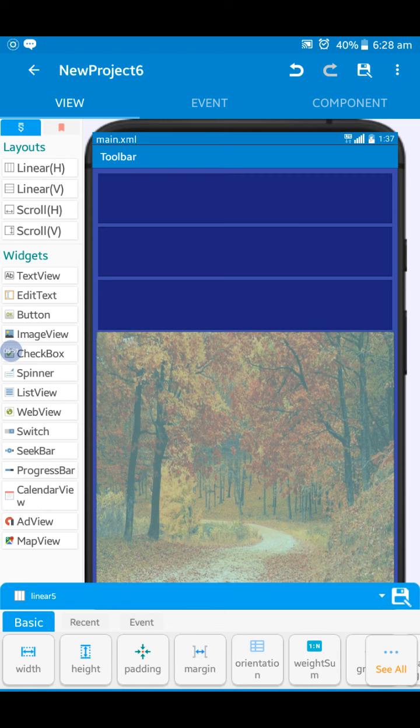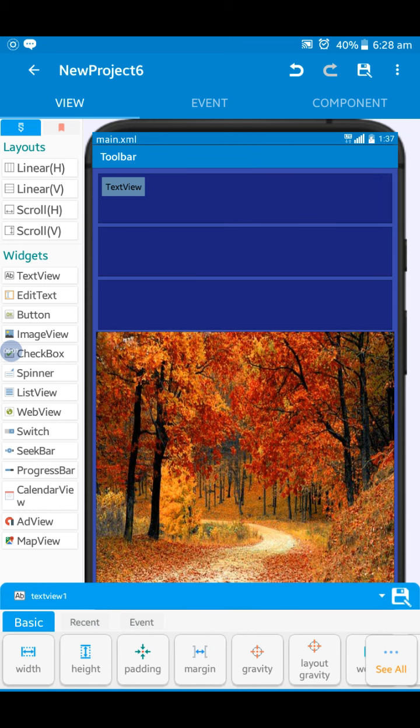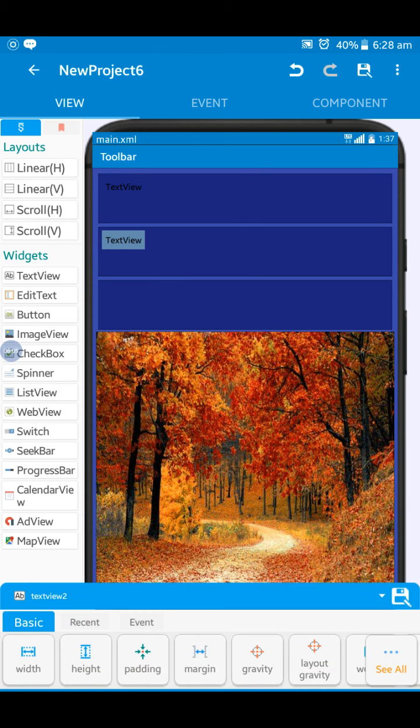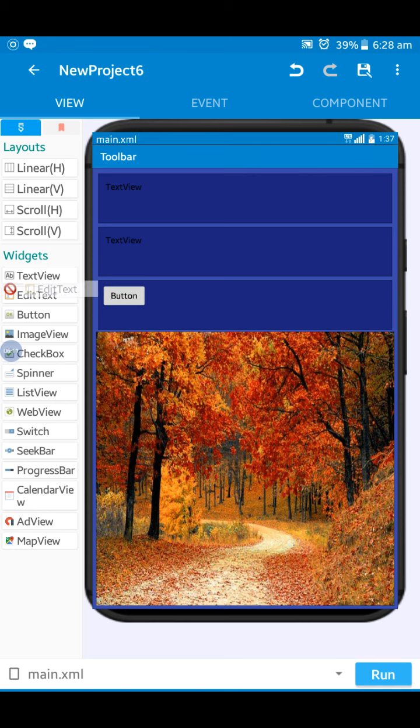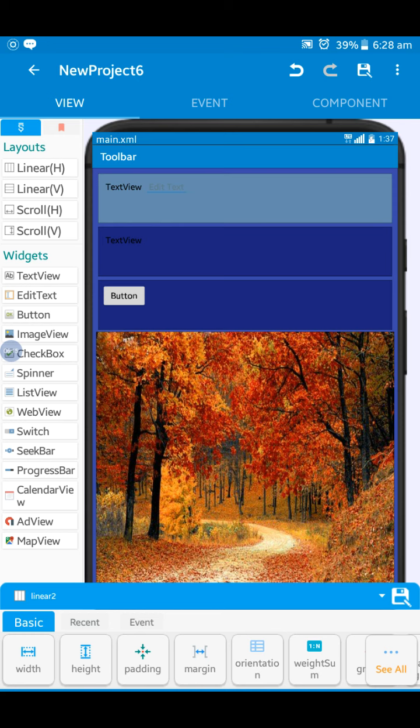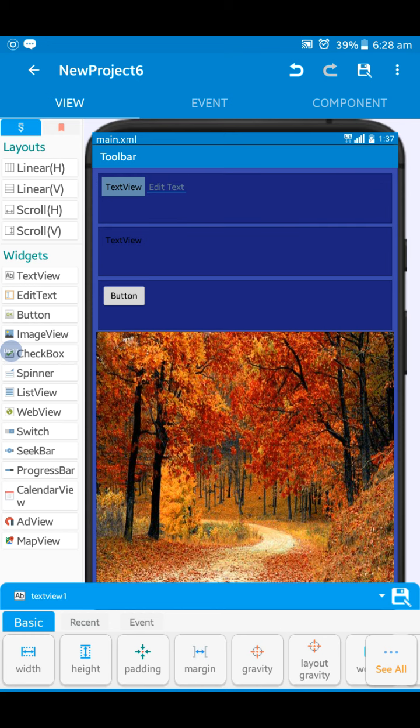We say for every app it is very important for the appearance. So now we have to assign the text view, then text view again, then a button, then edit text. First we need to change text view 1.